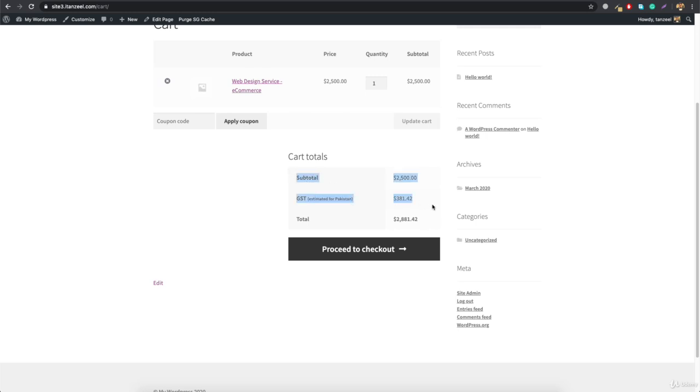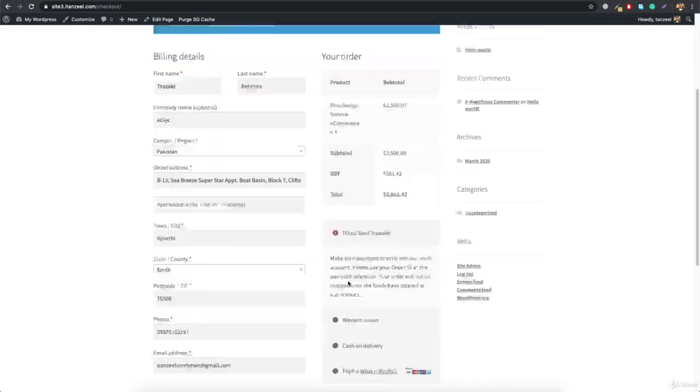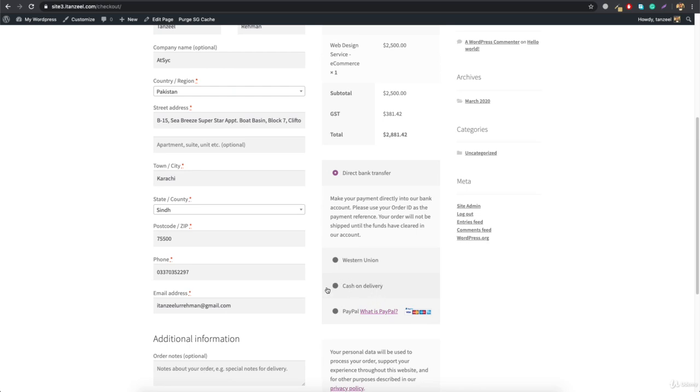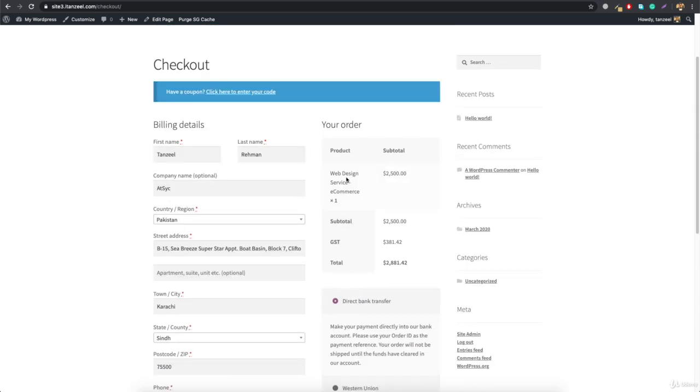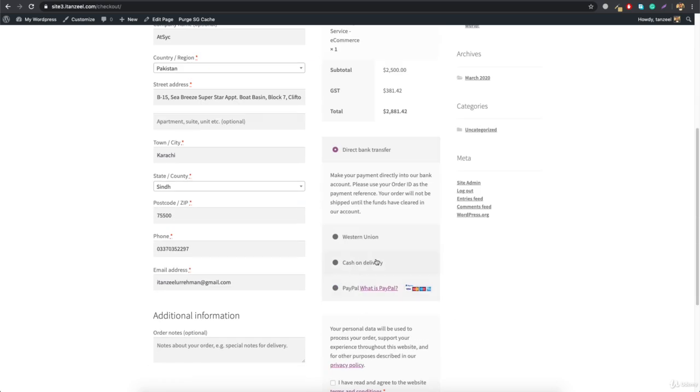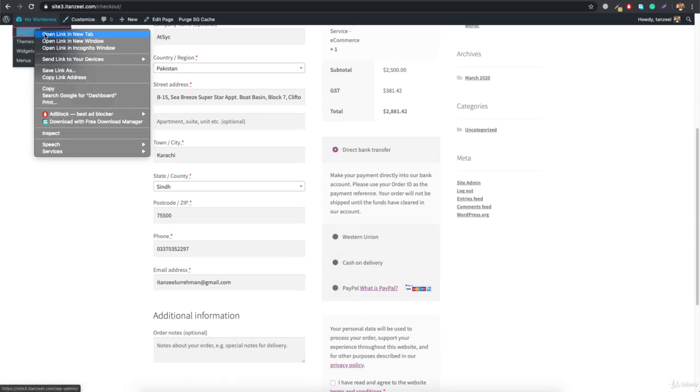And now there is no shipping because these virtual products cannot be shipped. And now you can see that we are getting this cash on delivery. So we have to get rid of this, because since they cannot be shipped, why are we getting the cash on delivery? So what you have to do for that is go to the dashboard,